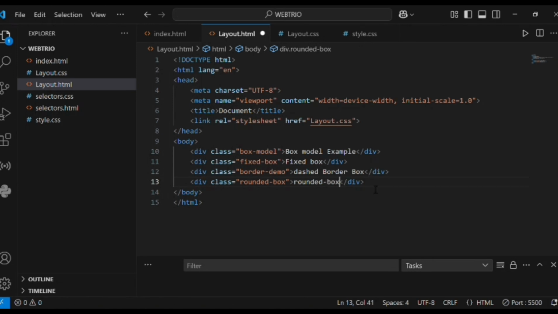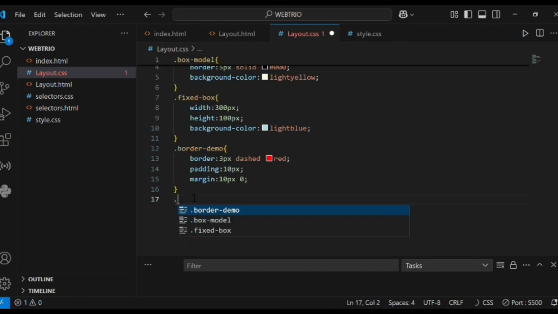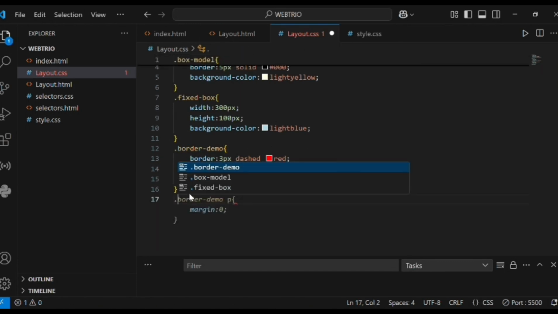Then save this. Now style this rounded box: dot rounded box,